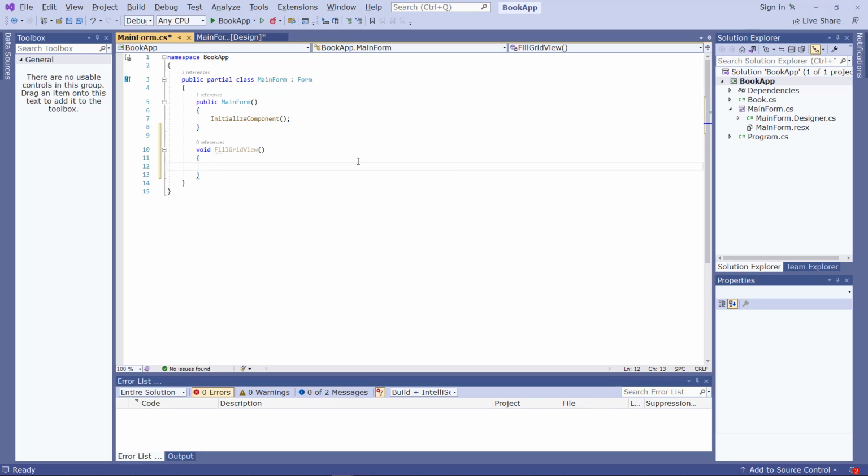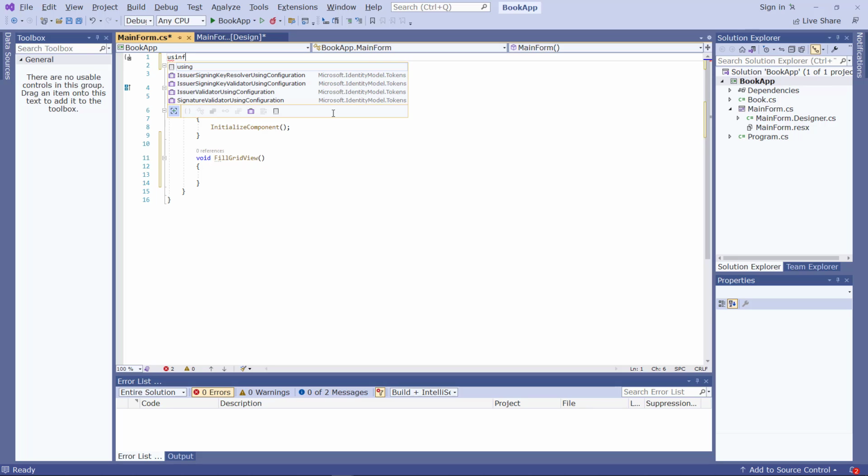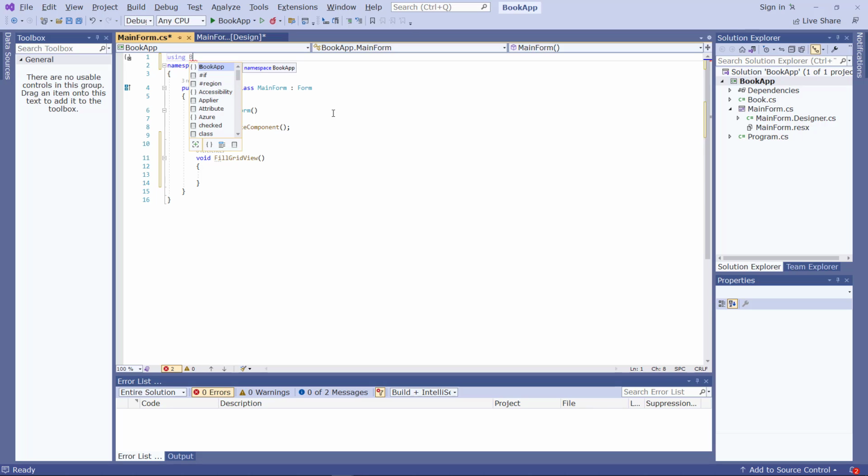So then also here on top we need to include this necessary namespace. So then we're just using bookup dot